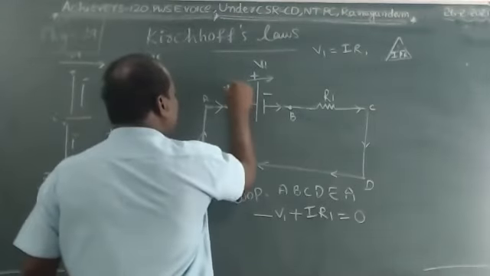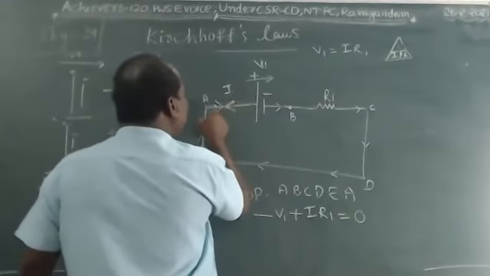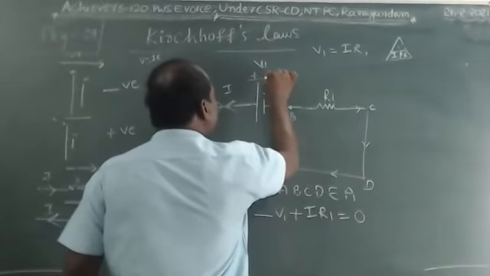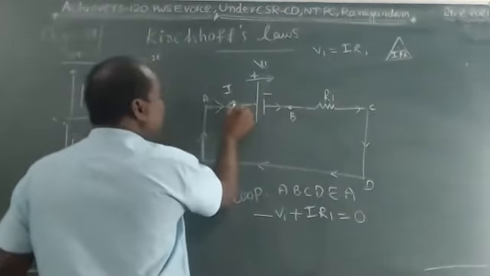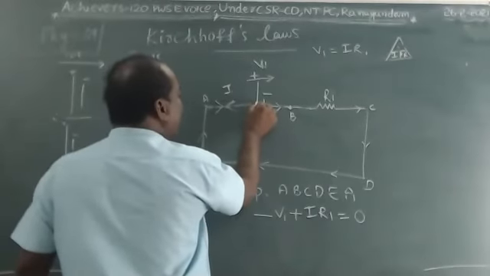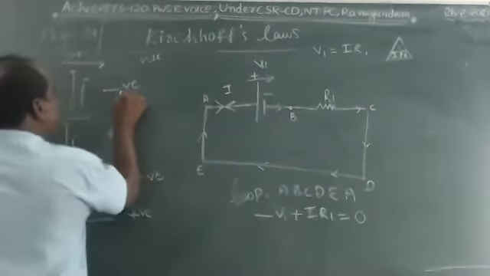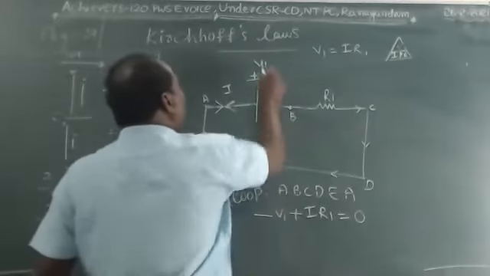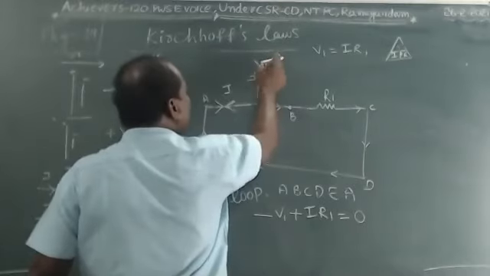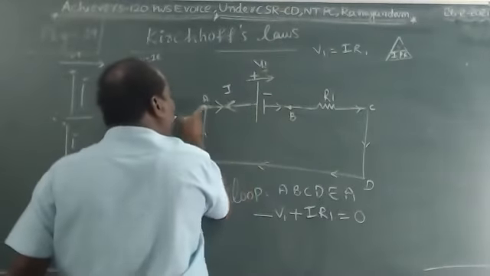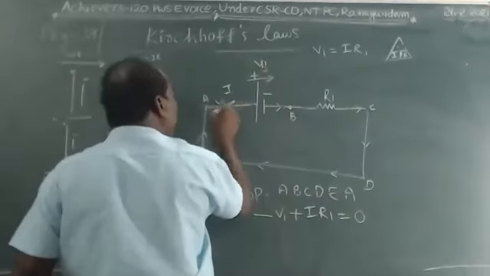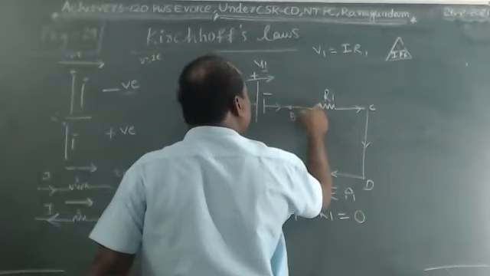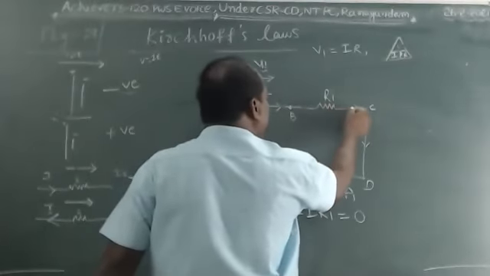But this is the current direction, which was given before as opposite to this. So the potential difference is moving towards the battery, from the positive terminal to the negative terminal. That's why the potential difference value is taken as negative, minus V1. And what is the formula for potential difference? V1 equals I into R1. In the middle there will be current, so the potential difference is across this current as it moves, and the resistance will be there. It is also across the potential difference.